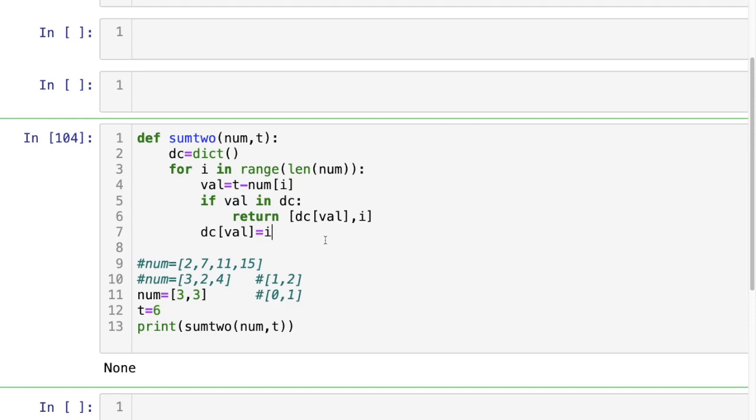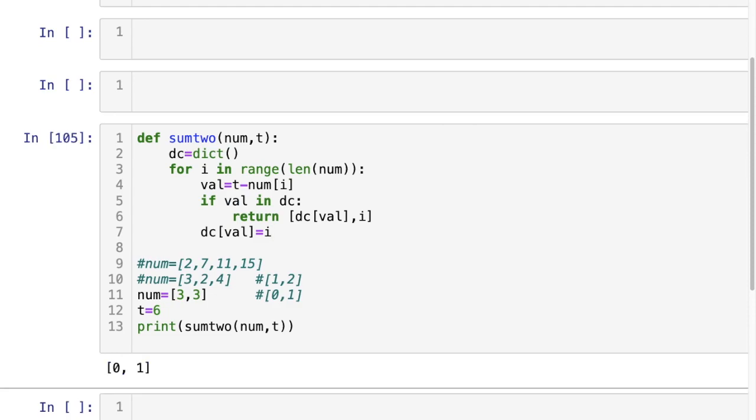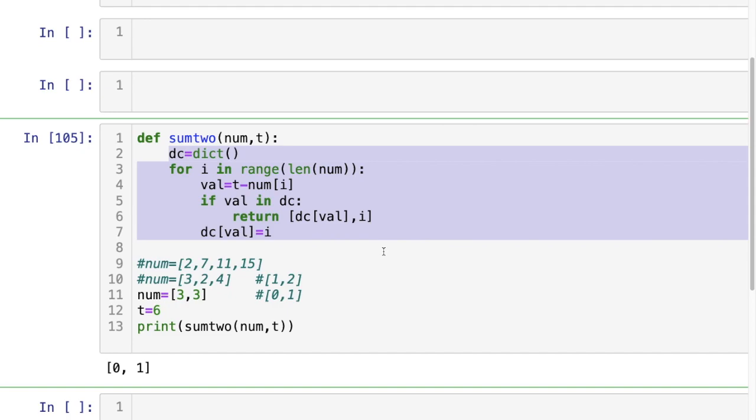Now let us execute this one and see. So you can see here it is working fine. We are getting 0 and 1. So this logic is working. So let us try to write this logic here. So let us copy this one and paste there.